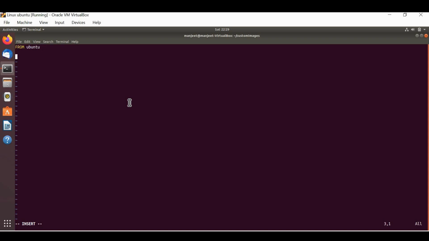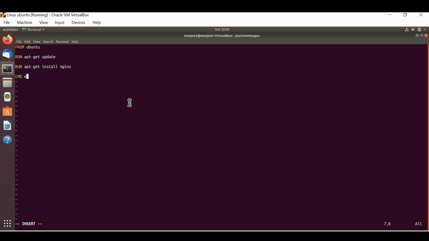Then we will execute a RUN command in which we will do apt-get update, and we will also apt-get install nginx server, and then we will type in CMD, the command directive,